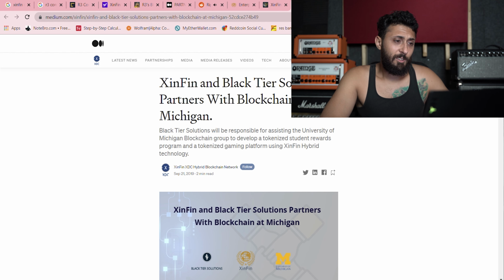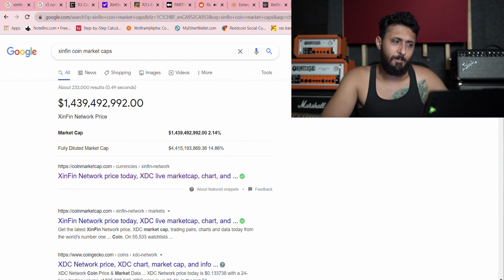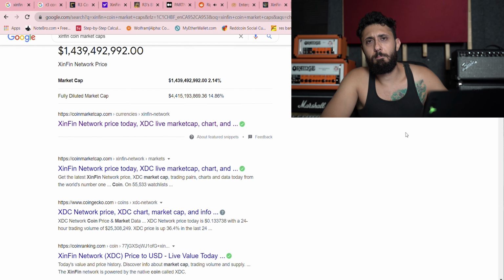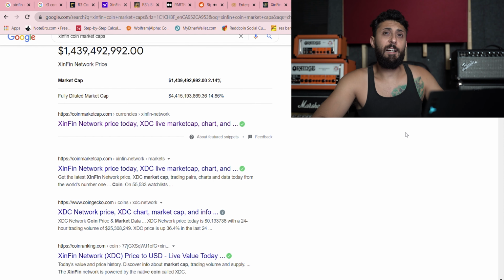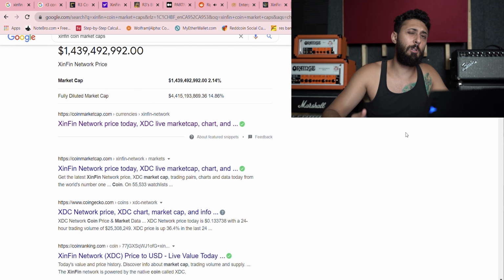And another thing, too, that I wanted to mention is that, considering that it has a market cap of about $1.5 billion, for it to double in price, it would be roughly about $3 billion. And that's not really outrageous considering how fast it's been climbing up the ranks, as well as the fact that it's being utilized by